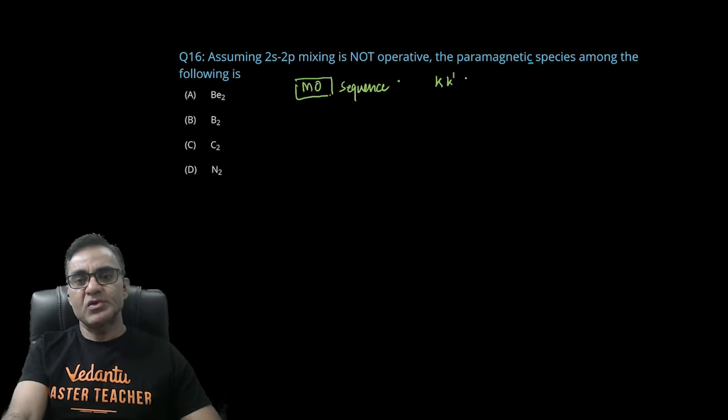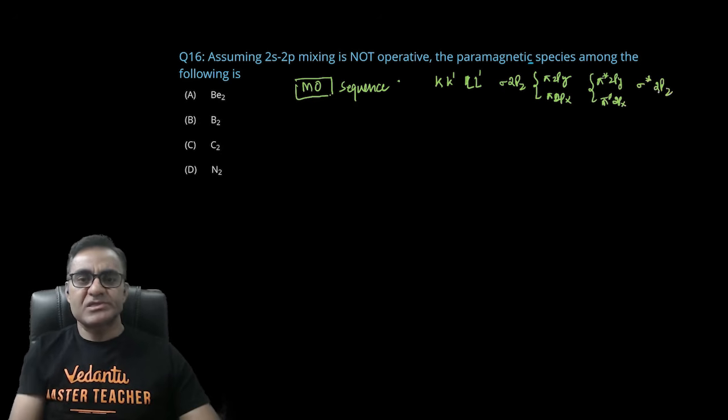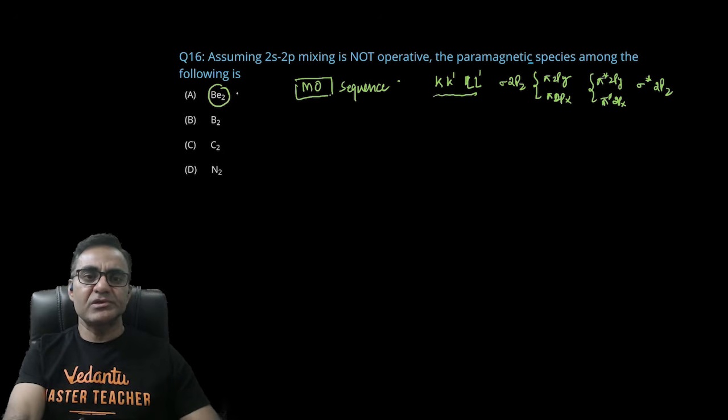1s एंटी बॉन्डिंग, 2s एंटी बॉन्डिंग, देन सिग्मा 2pz, then pi 2py, pi 2px, and then pi anti-bonding 2py, pi anti-bonding 2px, and then आपका सिग्मा anti-bonding 2pz, ये सीक्वेंस रहती है। तो जैसे बेरिलियम है, बेरिलियम में तो टोटल 8 ही इलेक्ट्रॉन है, और 8 इलेक्ट्रॉन अगर होंगे तो यहीं पे सीक्वेंस खत्म हो जाएगी, तो ये डायमैग्नेटिक हो गया।